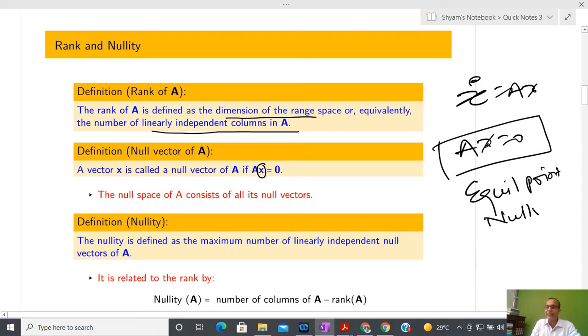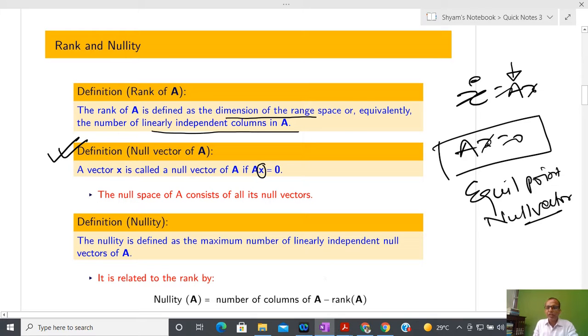You can say that vector is a null vector, because if it operates on the system matrix, then it produces a quantity which is not going to move. It means that in the state space, the whole space, I have some point where if I start, then the velocity is 0, so I cannot move. Okay, so using null space you are able to define the equilibrium point of a linear time invariant autonomous system.